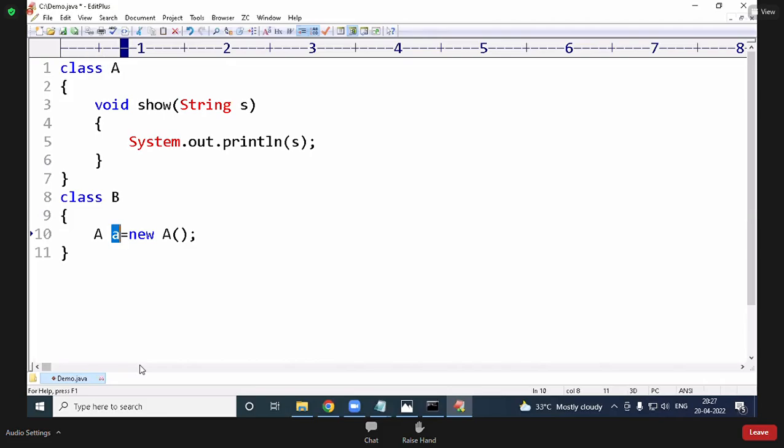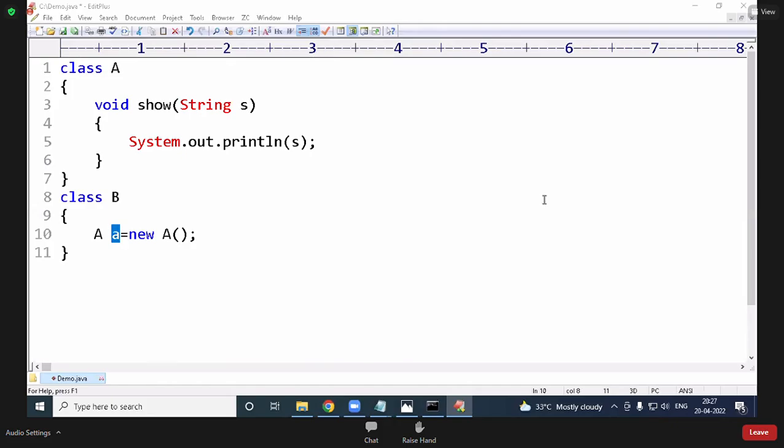Which variable? Instance, local, class, all are being selected. Confusion started again.